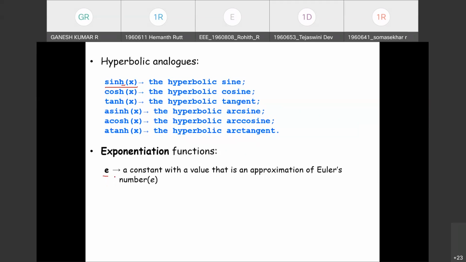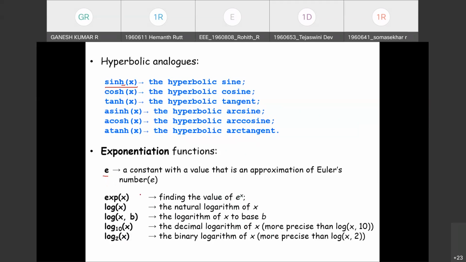With this help, we can have further exponentiation functions. exp of x finds the value equivalent to e power x. Please note e is a constant, representing a value equivalent to Euler's number.